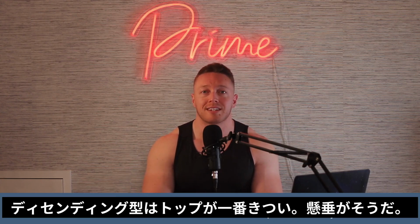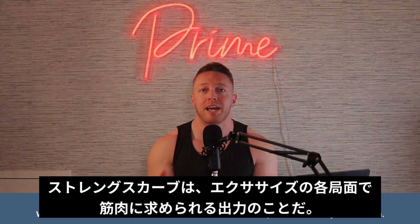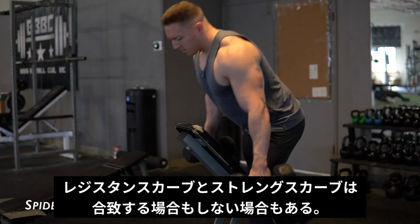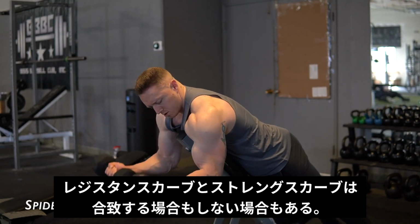Or we also have things like descending strength curves, but basically your resistance curve is how hard an exercise is based on the muscle length of the muscle you're training. And a strength curve is how difficult the exercise is based on its physics of where that exercise is at a given point in the range of motion. So I really like to think of the strength curve and resistance profiles of exercises and your muscle bellies in